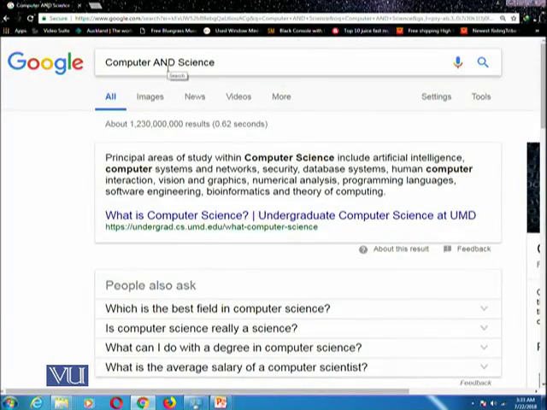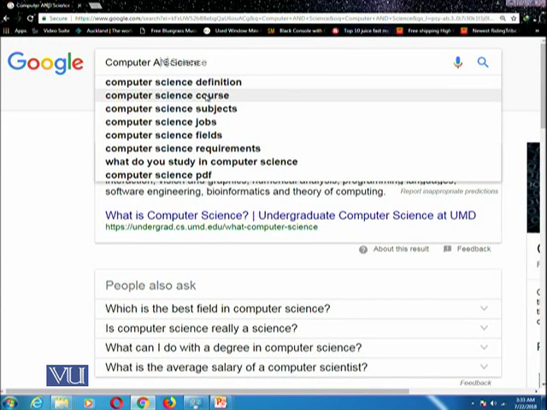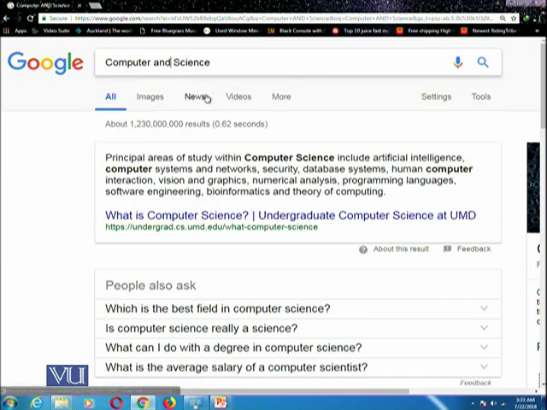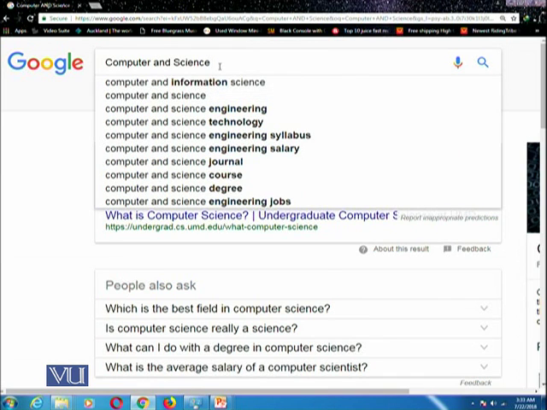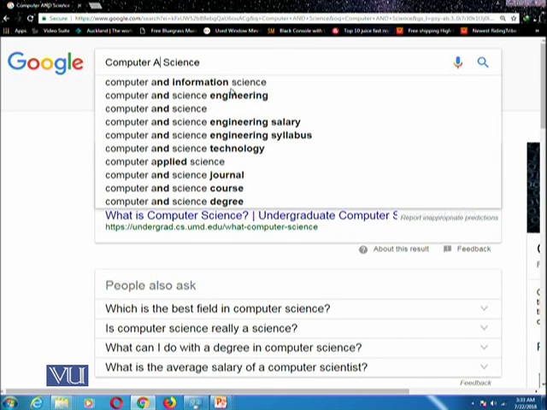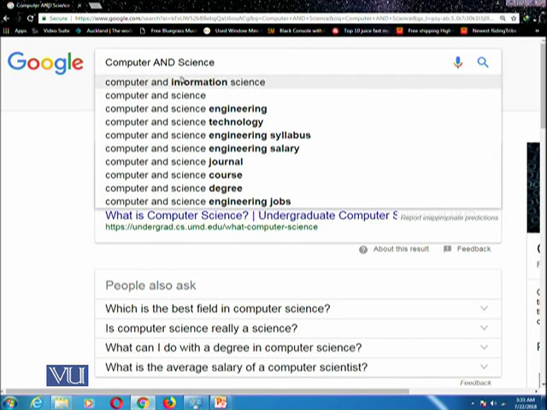We call AND a Boolean operator which takes two inputs and produces the required results. And please note that this AND should be in caps lock. So you cannot write lowercase and. This small and would mean the normal term and. It is not the operator. So if you want to tell the operator to Google, then it should be with caps lock on.